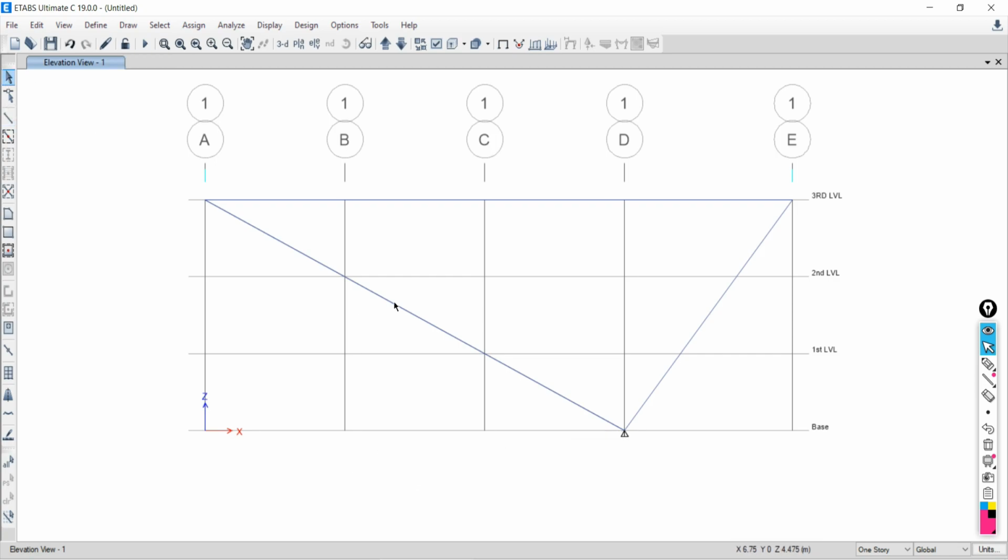Yes, sir. Can I keep this member as a single element, or do we need to break it? Break it. Yes, exactly. For an instant, I have modeled it as a single element, but it is not right. For an instant, we have modeled it. Later on, we will see what we have to do with this. Got it? Now, next,